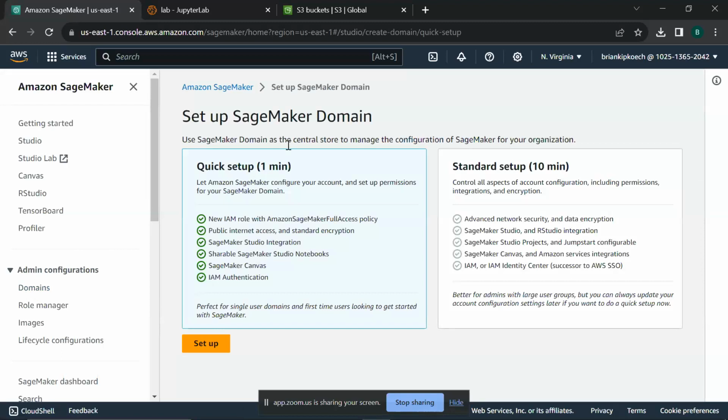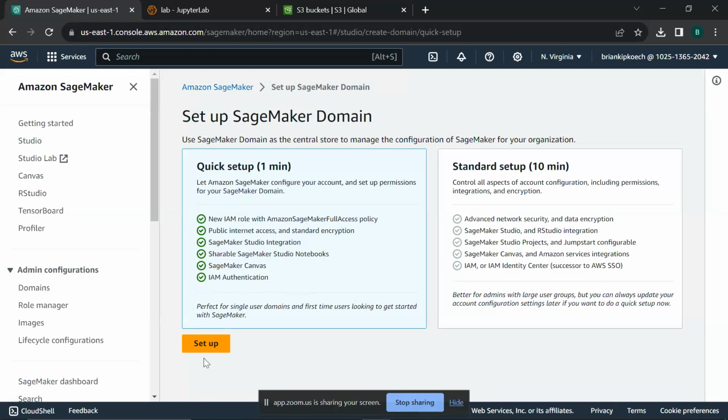So the first one is quick setup. You just use the defaults. It will provide an IAM role and all these listed functionalities, a new IAM role with Amazon SageMaker full access policy, a public internet access and standard encryption, SageMaker Studio integration, shareable SageMaker Studio notebooks, SageMaker Canvas, and IAM authentication.